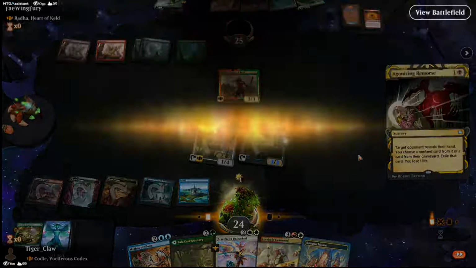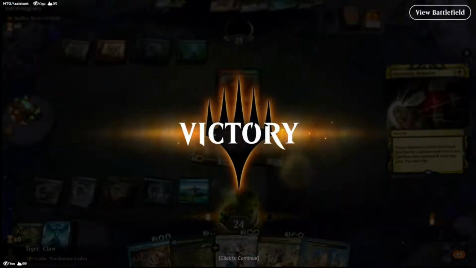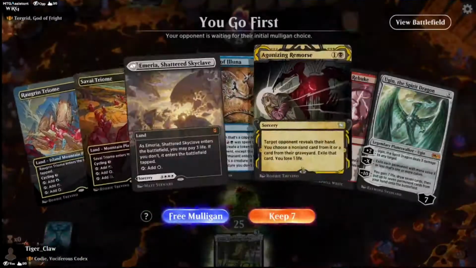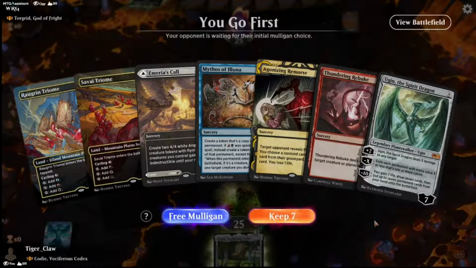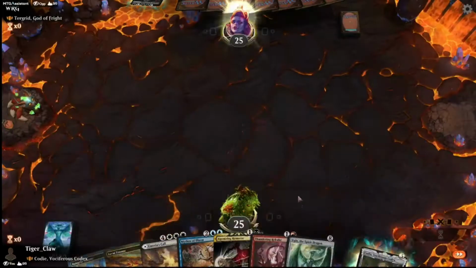And that causes them to quit. Well, that's unfortunate. Alright, let's get into another one. Alright, let's see how we do against mono black. We got lands, we got spells. Ugin's not the best to have in our opener, but